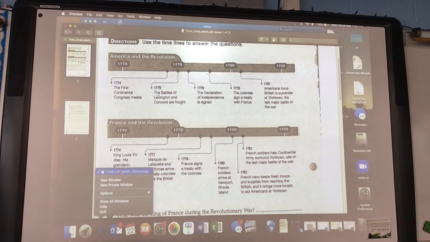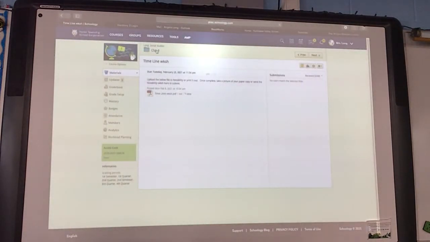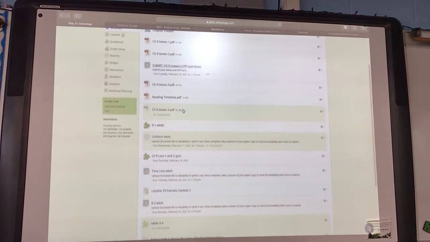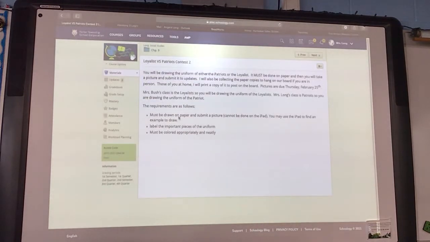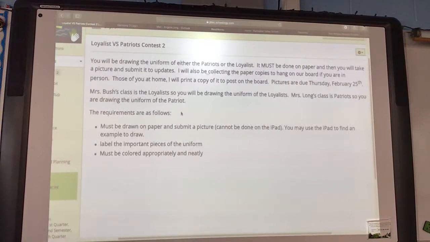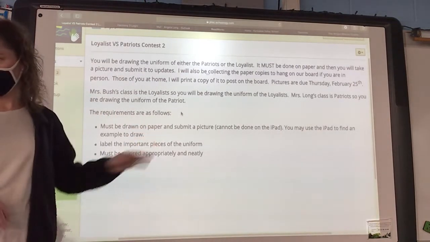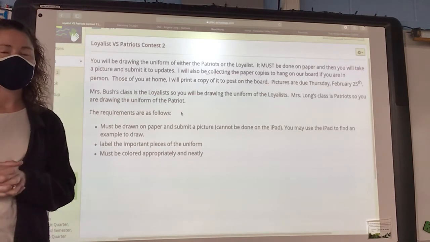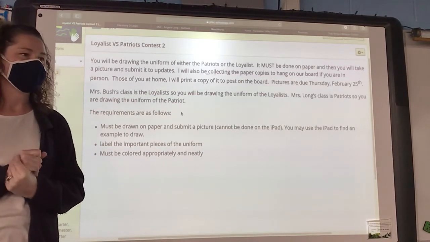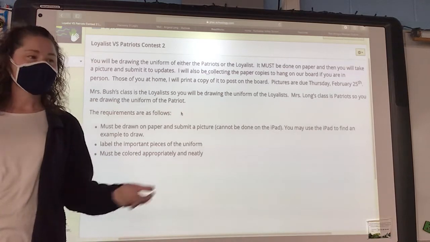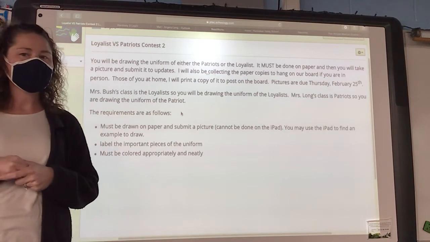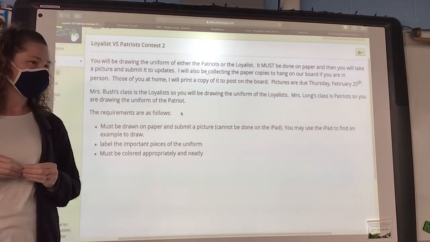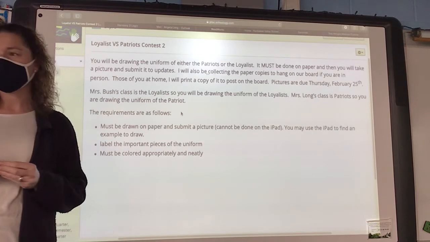And let me grab back to Schoology here. I posted in updates a couple of things. Actually, one thing. Our next contest with our class, Mrs. Bush's class, and Mrs. Long's class, for those of you that are at home, it's not required. You don't have to do this, okay? But whatever class wins gets another 10 points, because that's what I made the poster contest worth, 10 points. We're nearing the end of our Revolutionary War kind of contest we have going on here, okay? I'll give points when we do the Chapter 9 test. I'll give points to those that get A's, and that'll kind of be our last thing,